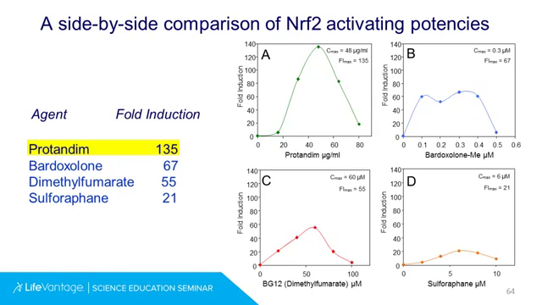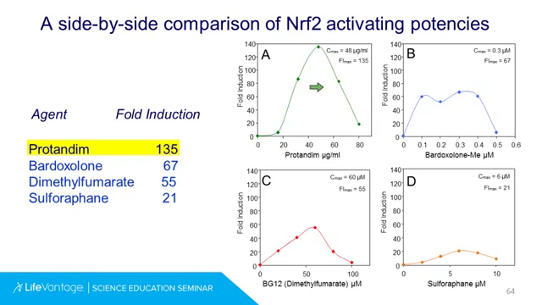In this particular study, this head-to-head comparison, they looked at the ability of these agents to activate NRF2, how effective they were, and it was quite interesting what they found. So Protandim, in this first box, box A, had the highest NRF2 activation levels, even higher than bardoxolone, that's a drug from Reata and Abbott, and higher than dimethylfumarate, Tecfidera. And this is sulforaphane. This is the active ingredient in broccoli, which is also a NRF2 activator.